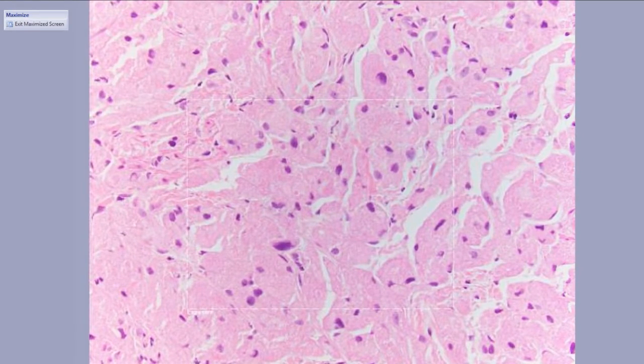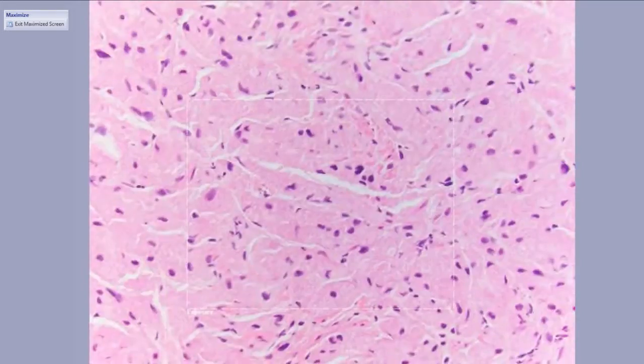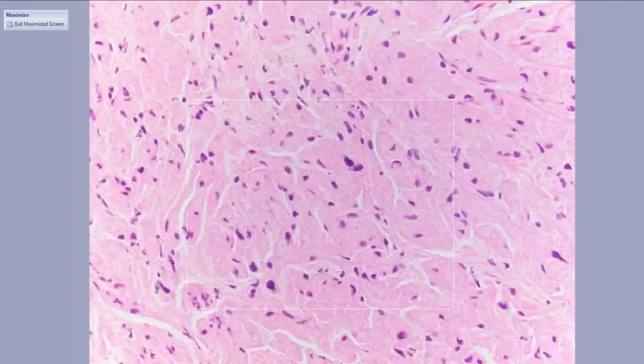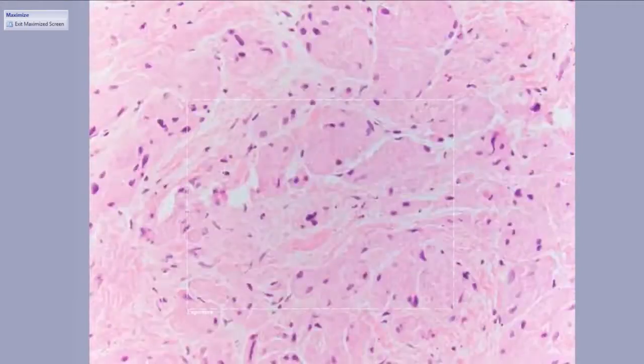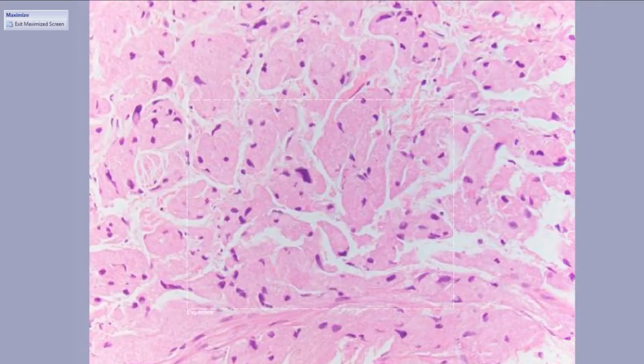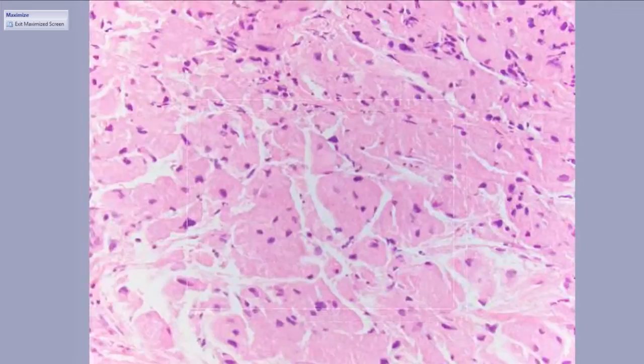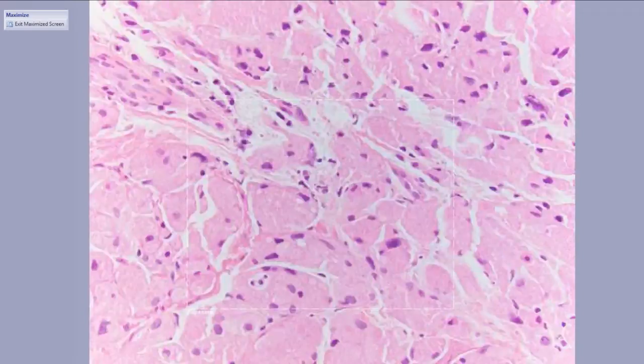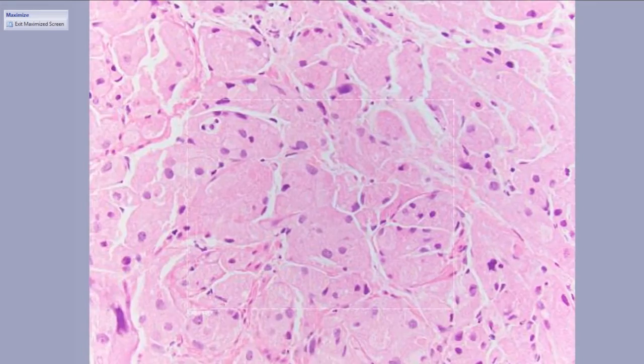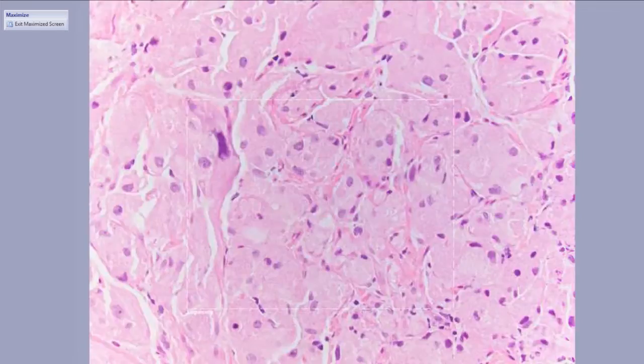But on rare occasion, these can recur or metastasize. It's a little hard to correlate the potential behavior with the histology, but if you see atypical features like these nuclei, you might be a little bit more worried. You will notice there's no necrosis, no mitoses, no other concerning features. And again, the most likely outcome of this lesion is nothing, but there's a tiny chance that this can recur